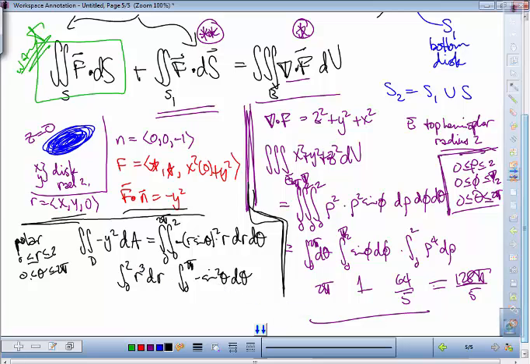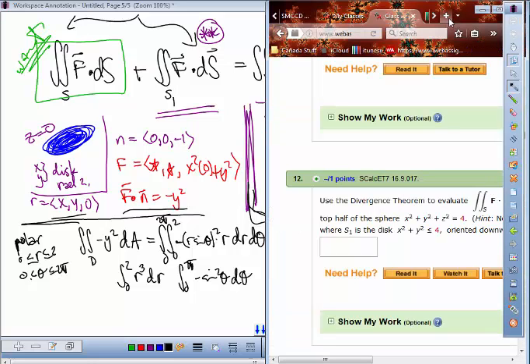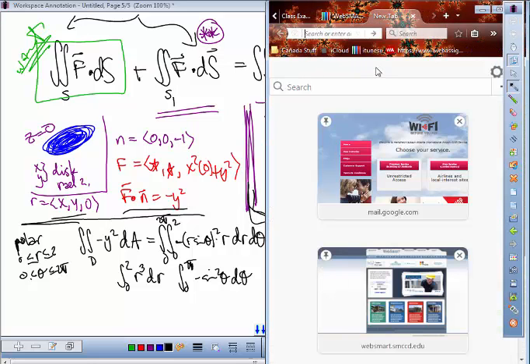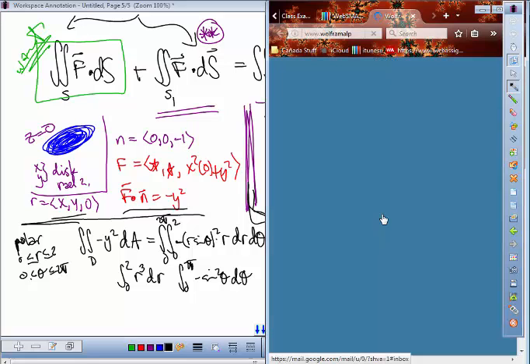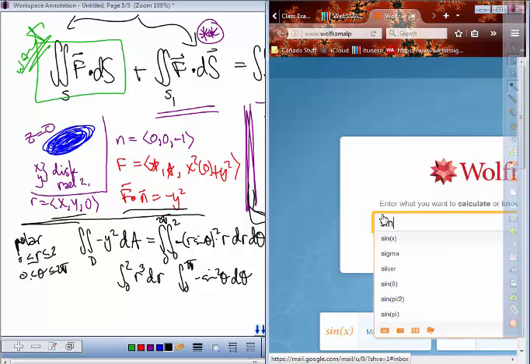All right. Is anybody doing this in their calculators, or should I call Wolfram? Hello, Wolfram? Calling Wolfram Alpha. So I basically want to integrate sine squared theta